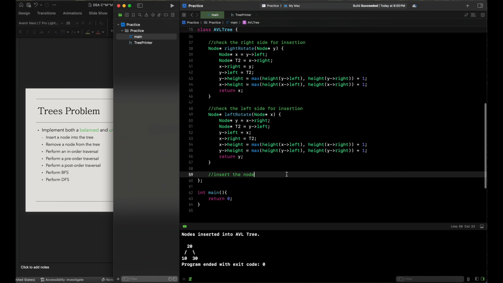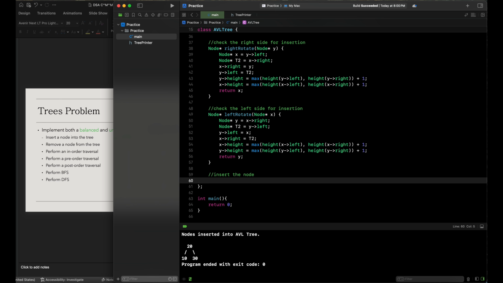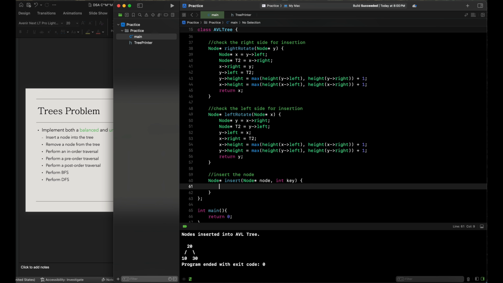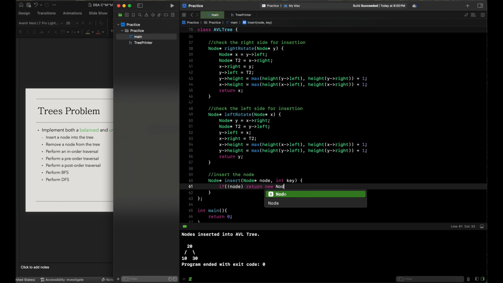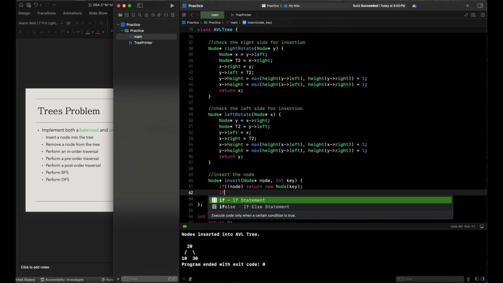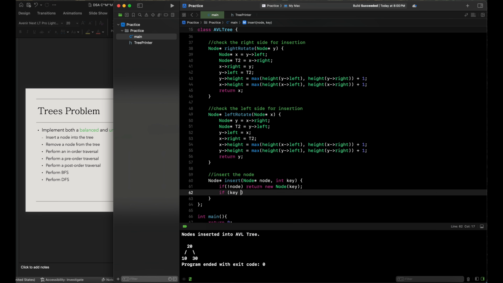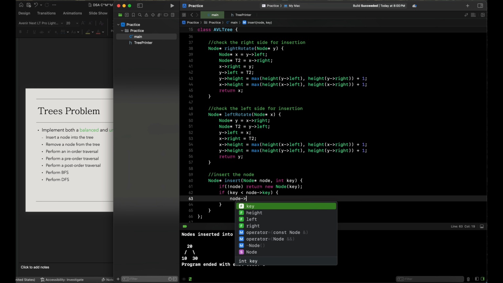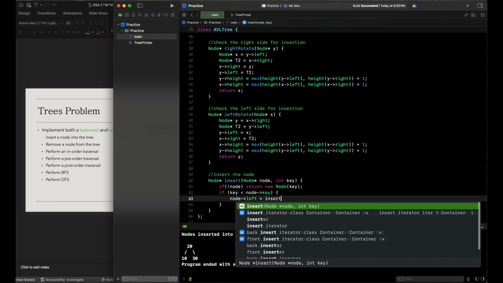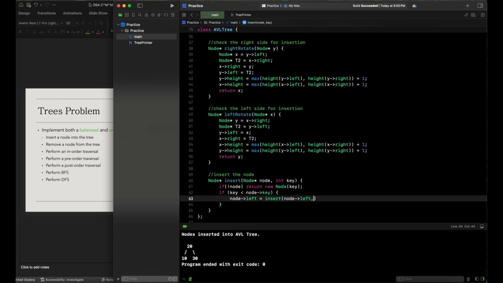Now, next part, we will insert the node. We can do this by the following node function that we have. Node insert for node, int key as the following parameters that we have. If there is no node, we're going to return a new node with a data point, indicating that edge case, and then if the key is less than the node's key for our insertion, we're going to insert at the left. Node left equals insert with node left, key,